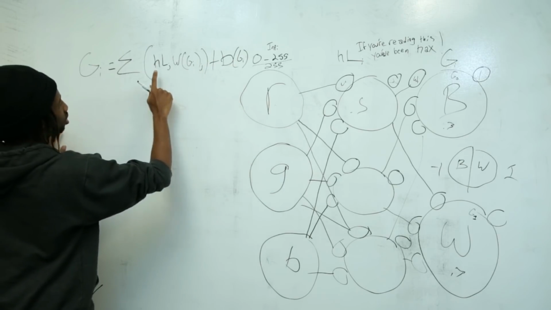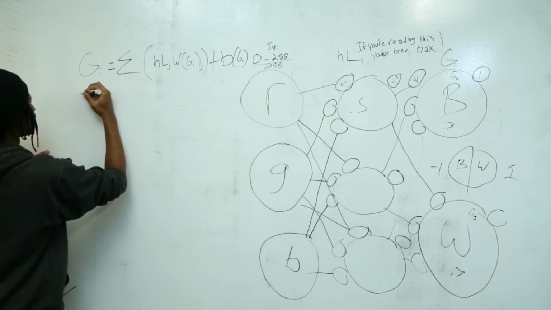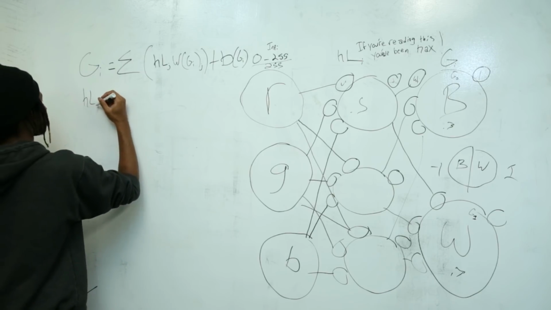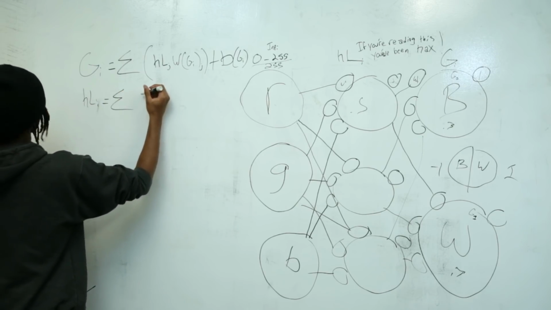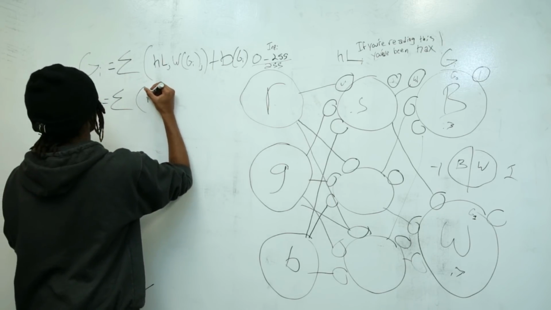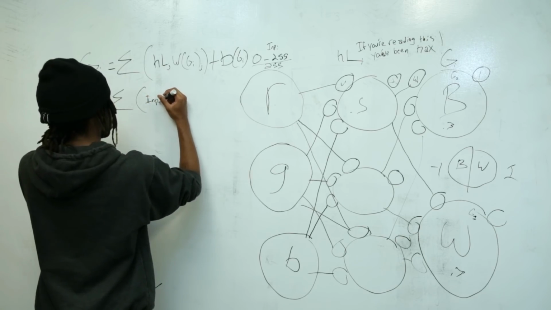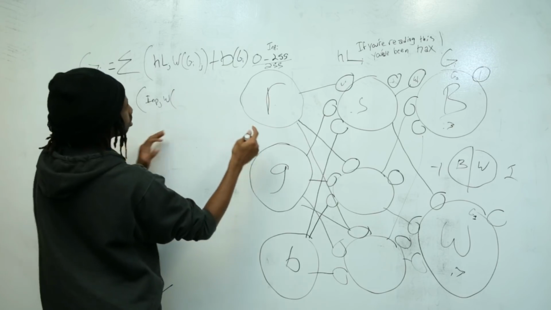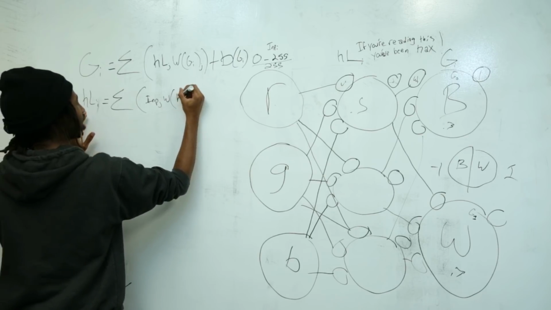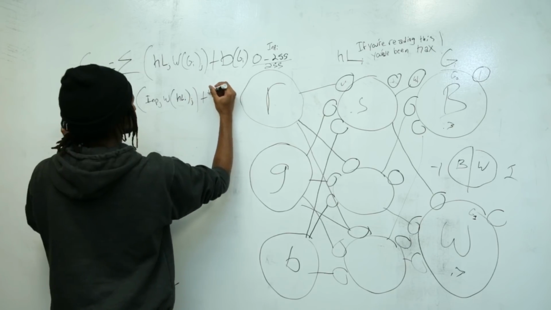Now we don't know what HL of j equals, so we also have to define HL of j. And we go about doing that by doing the same exact process. Actually, this will be HL of I for indices. Same exact process, summation of our inputs, right? Inputs, what did I use? IMP. Inputs of j times weight of HL of I. We need HL of I. And then we simply pass our bias.